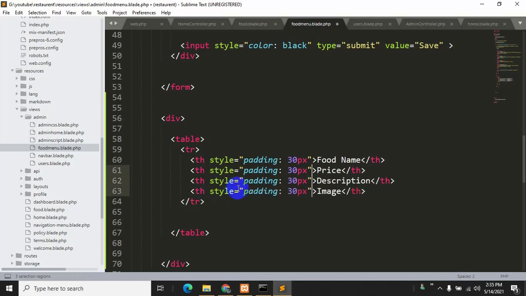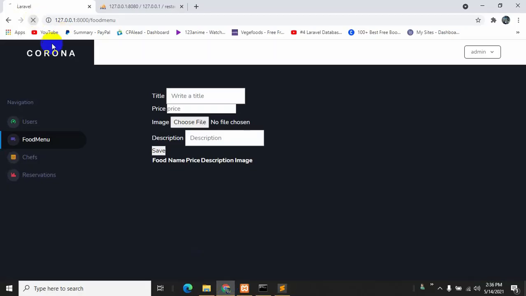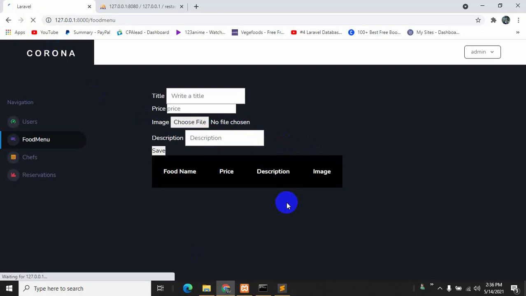Ctrl V, Ctrl S, and inside this table we will also say bgcolor, let's say it will be black. Ctrl S, and let's refresh. Here you can see we have a padding of 30px, and the table color is black.